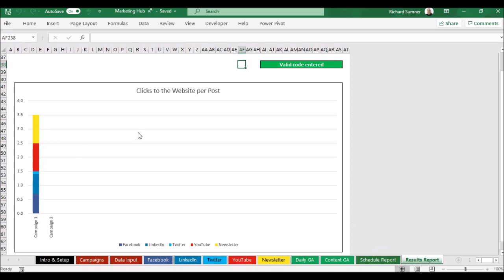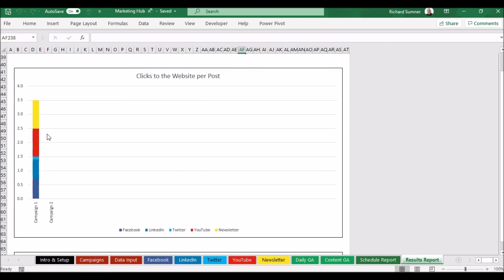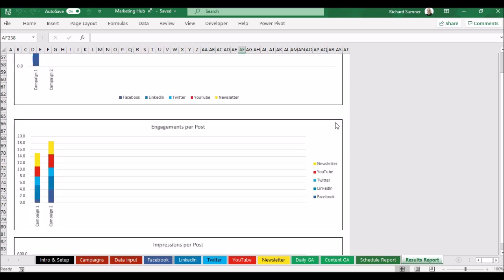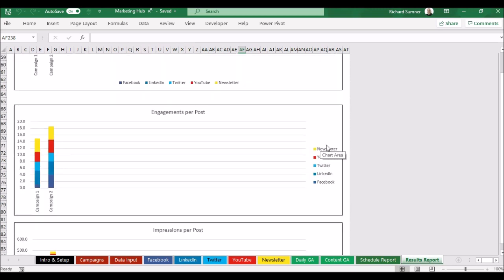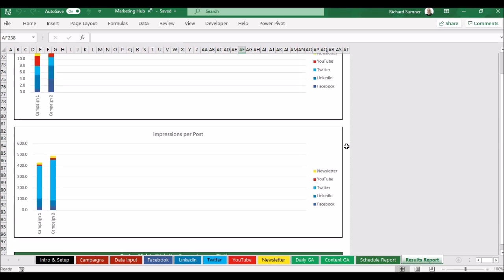would be telling you. So this is quite useful to see because it's clicks per post broken down in the campaigns. So you can see which campaigns have had more clicks per post to the website on which of those different channels, all nicely broken down. You can also see your engagements per post, the same thing. So this is engagements per post. It's not the overall engagement, but you basically take your engagement divided by a number of posts. And then impressions per post as well,